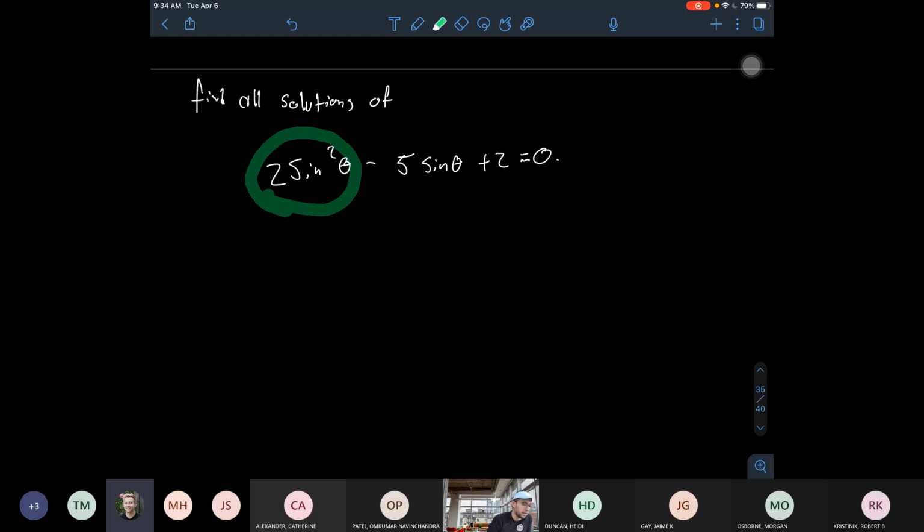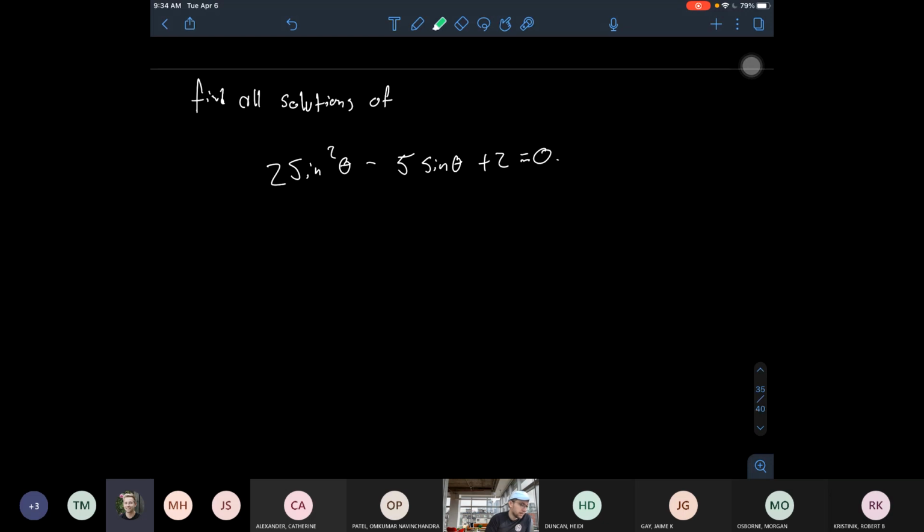The sine squared theta term is really, I think, the most intimidating part of this equation, because if we just got rid of it, then the rest of it would just be figuring out how to find the angle theta such that sine of theta is equal to negative 2/5, right? And that wouldn't be so bad. But here we've got this equation. So